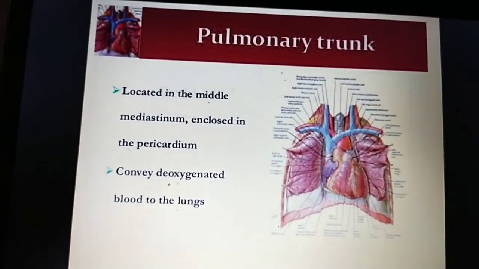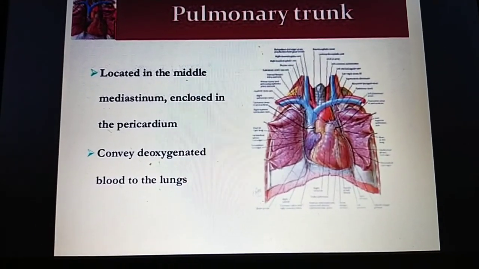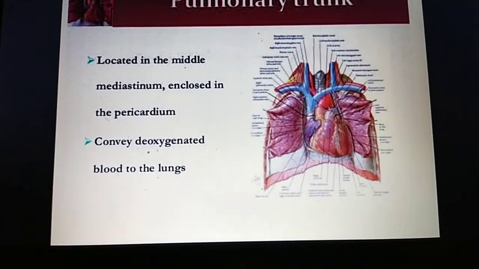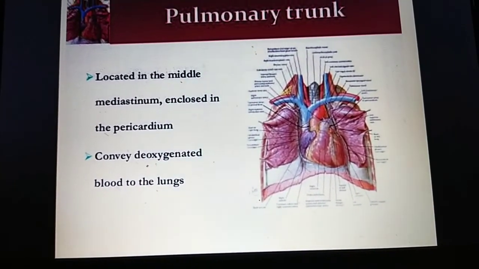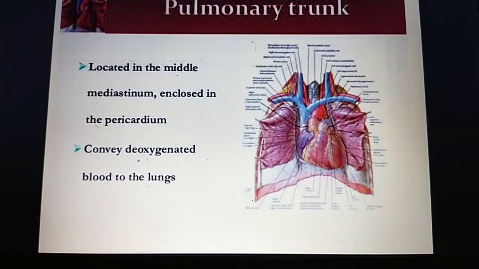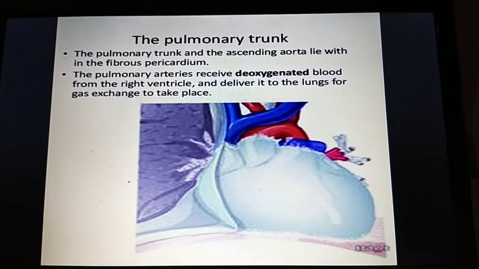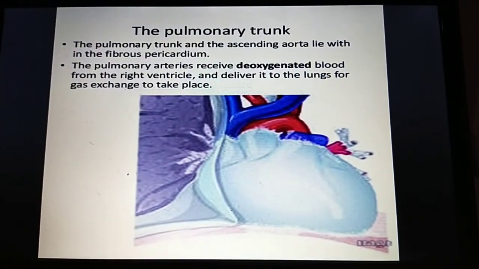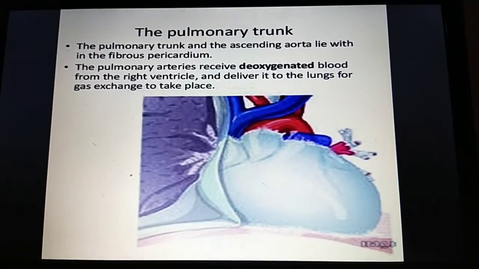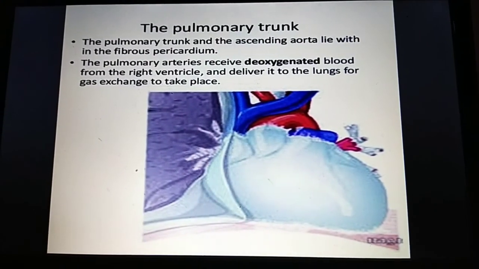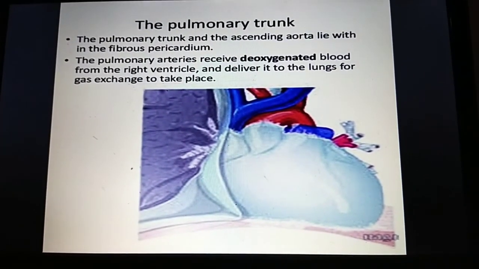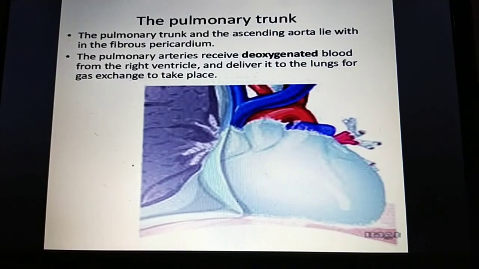The pulmonary trunk is located in the middle mediastinum, enclosed in the pericardium, and conveys the deoxygenated blood to the lung. The pulmonary trunk and ascending aorta lie within the fibrous pericardium. The pulmonary arteries receive the deoxygenated blood from the right ventricle and deliver it to the lungs for the gas